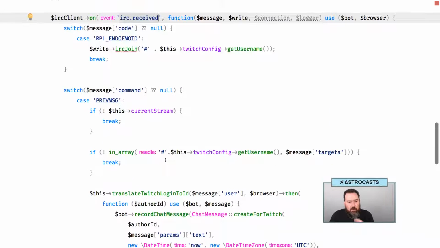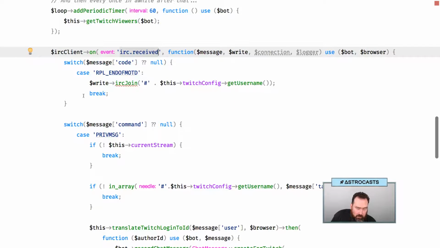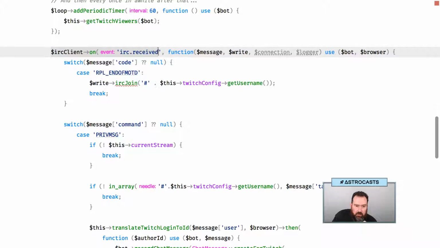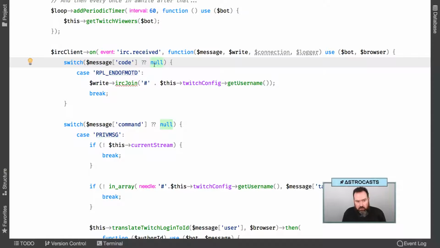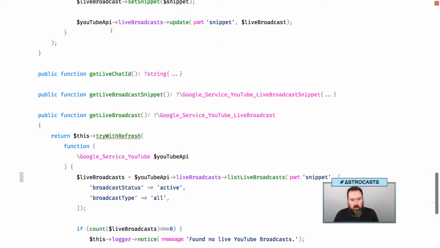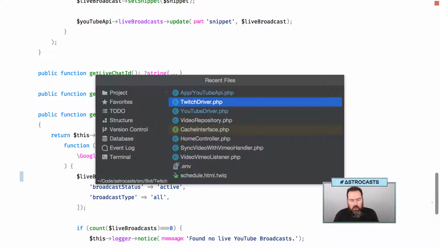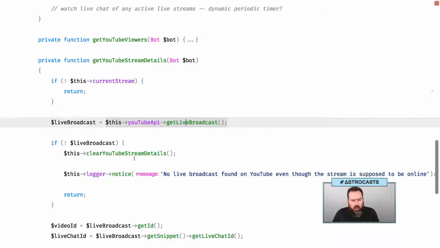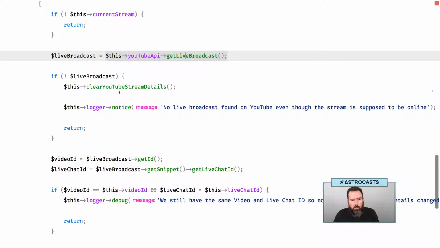But yeah, okay, so this is part of what we're going to have to implement, I think. We actually need to implement this notion of a received event. So let's go here and look at YouTube and just figure out what needs to happen. YouTube driver. One thing we didn't do,